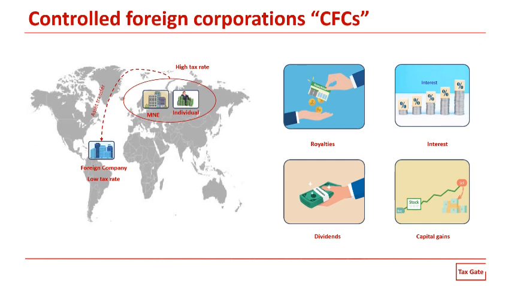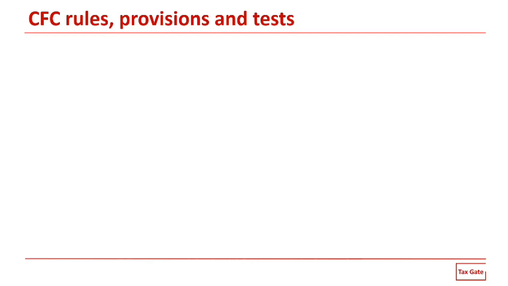And here we should highlight that countries have implemented anti-tax avoidance measures like CFC rules to prevent individuals and businesses from minimizing their domestic tax liabilities by taking advantage of low-tax jurisdictions. So, CFC provisions normally operate by bringing the profits of the CFC into charge in the jurisdiction of the parent when they are made. Well, so talking about CFC rules and provisions, we would mainly cover the following.